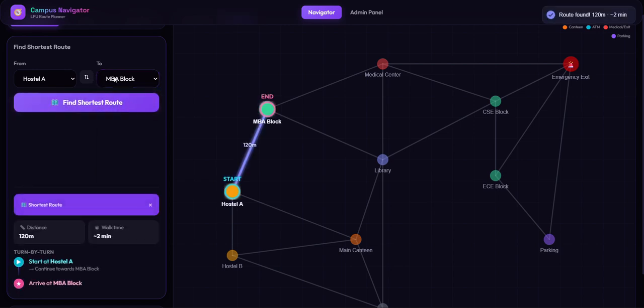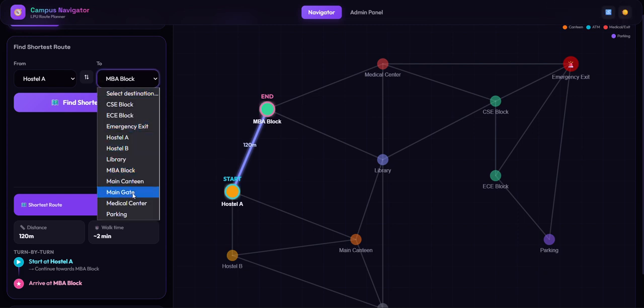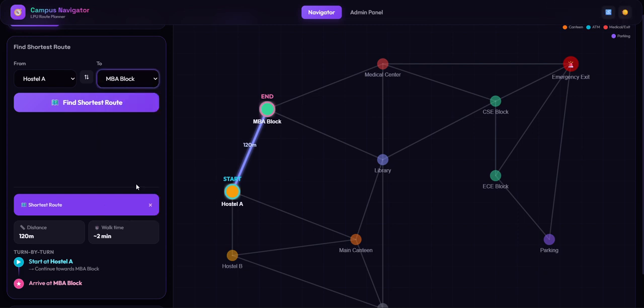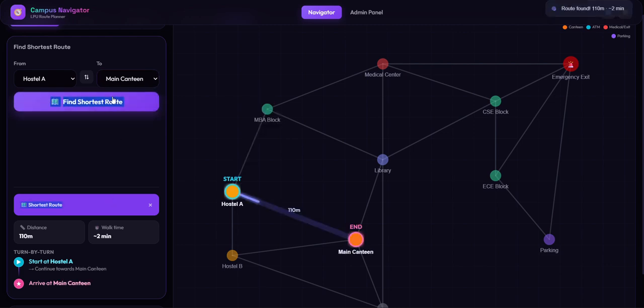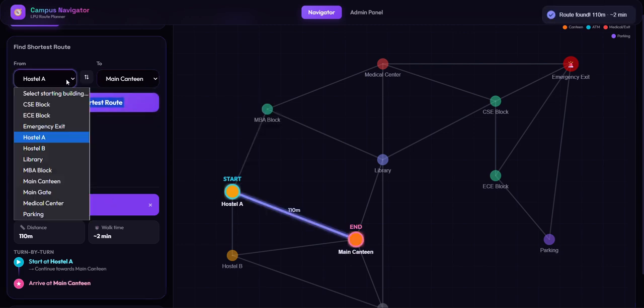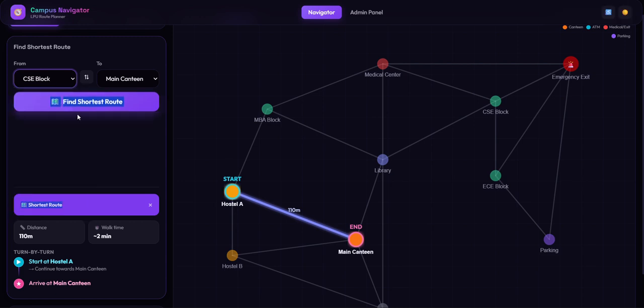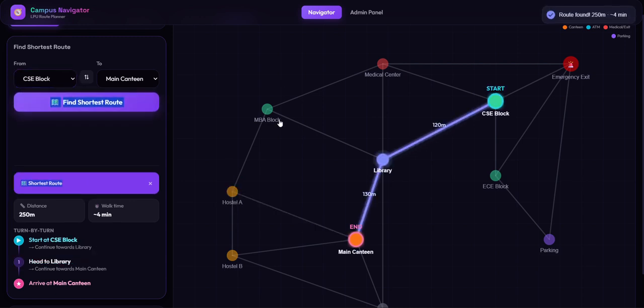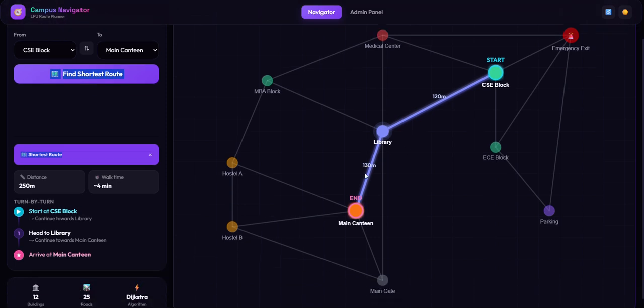So now, let's keep it at a little more distance. This is the distance that I need to travel from CC block to main canteen. And here Dijkstra's algorithm comes into play to find the shortest distance between these two blocks by reducing the time. Let's say